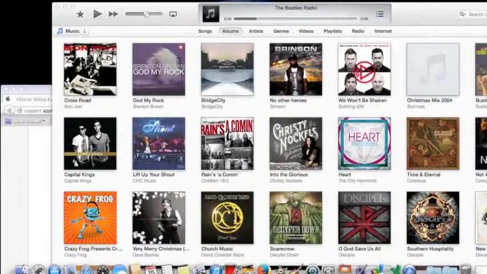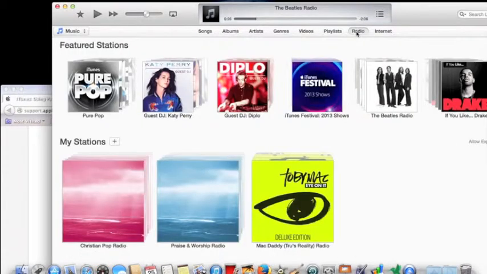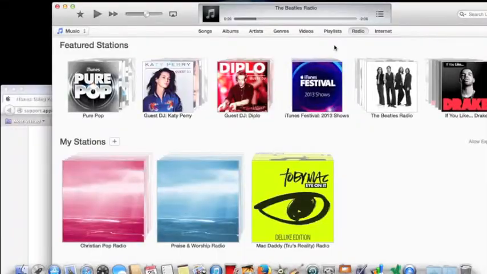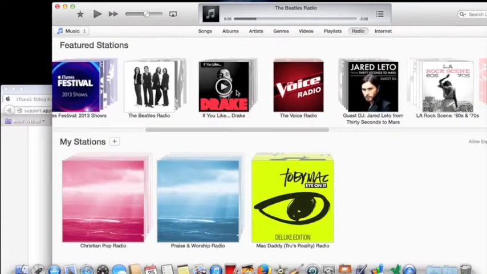Something else that's been updated within iTunes is how you navigate around things. And one thing that you have is radio. If you click up here to the Radio tab, I don't know how you guys listen to music, whether on iTunes or through your phone, but I know your kids are definitely listening through their phones if they have one. So this is one way you can navigate and find out what they're listening to, maybe. Under radio, they have the ability to scan through and find all kinds of